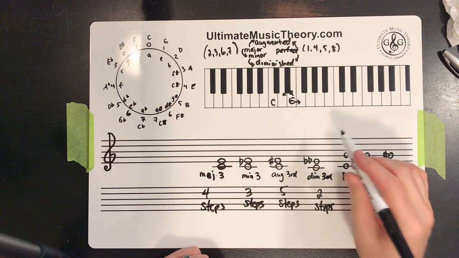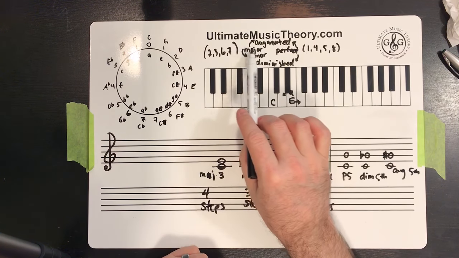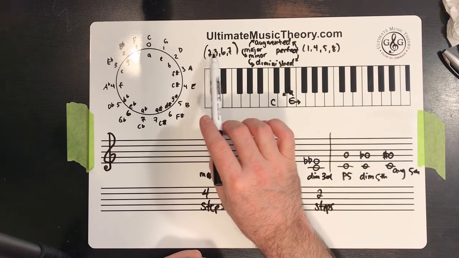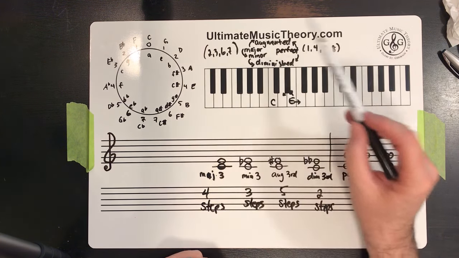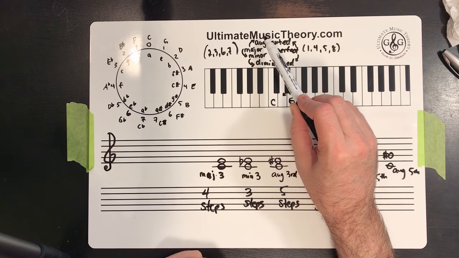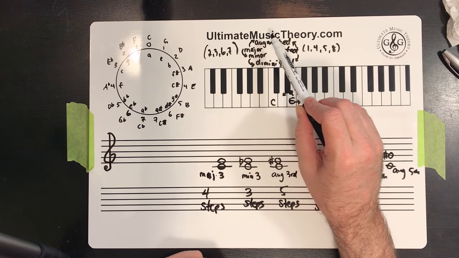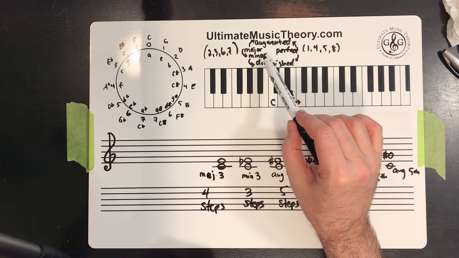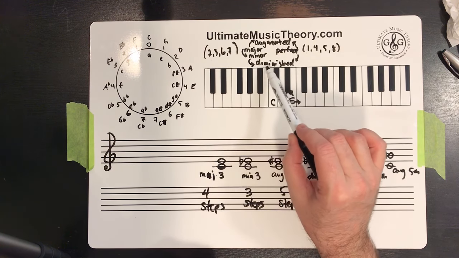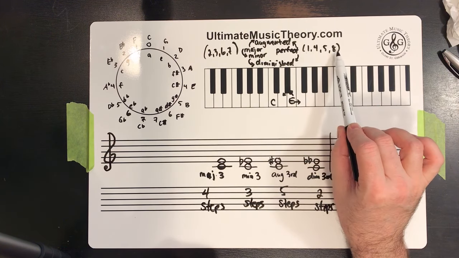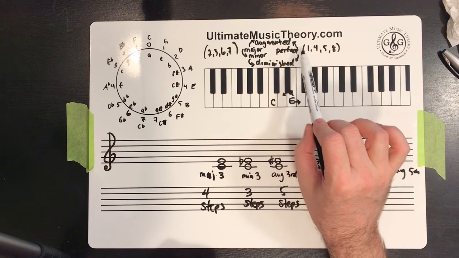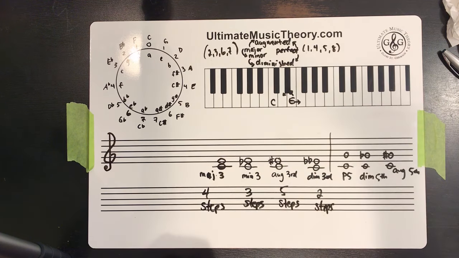So essentially, with a major interval that's on a second, third, sixth, or seventh, so major second, major third, major sixth, or major seventh, we can go up one step to make it slightly bigger, and that's augmented, and we can go down one step to minor and down a second step to diminished. With perfect intervals, 1, 4, 5, or 8, it's one step up to augmented and one step down to diminished, and there's no minor interval. So, with that being said,